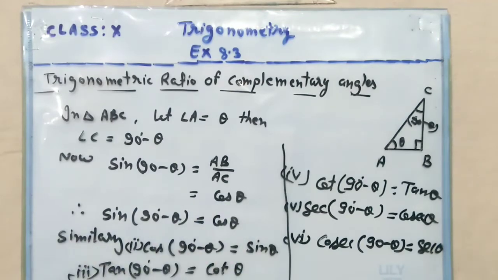So this is first, and second, similarly we can write cos 90 minus theta is equal to sine theta, tan 90 minus theta is equal to cot theta, cot 90 minus theta is equal to tan theta, sec 90 minus theta is cosec theta, and cosec 90 minus theta is equal to sec theta. Likewise, you can just learn them, and we will use only these formulas in the exercise. Let us do some questions with the use of these formulas. This is quite simple for you. Let us see how to do the questions.